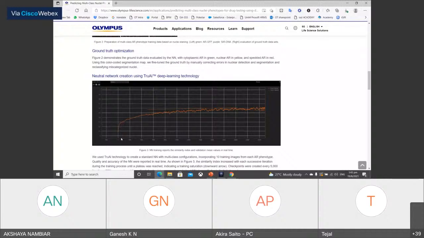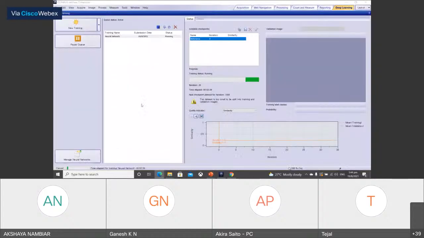You can find that the similarity is going up, and somewhere over here it is saturated. So maybe you can use the neural network over here to do the inference. Let me give you the URL of this application note. So anyway, I will stop this training on my laptop.